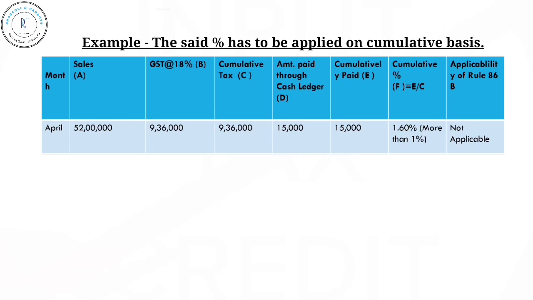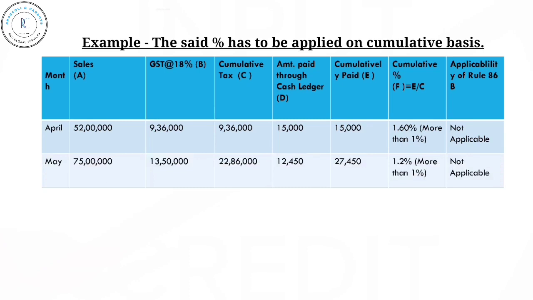Amount paid through cash ledger, D: 15,000 rupees. Cumulatively paid, E: 15,000 rupees. Cumulative percent, F equals E/C: 1.60%, more than 1%. Applicability of Rule 86B: Not applicable. Month, May. Sales, A: